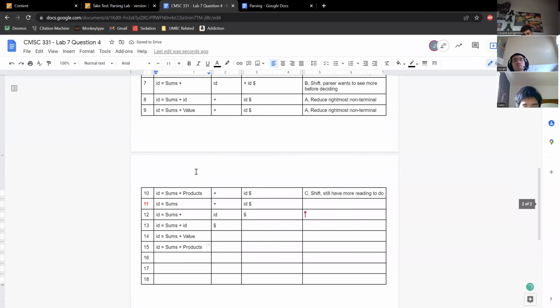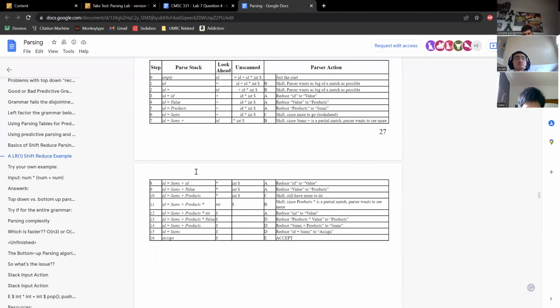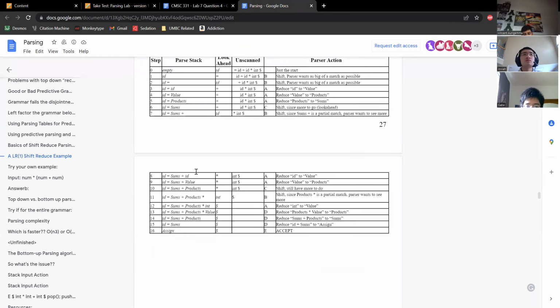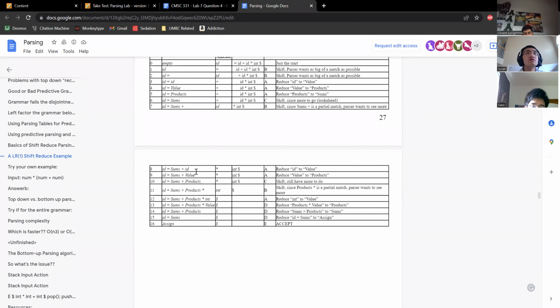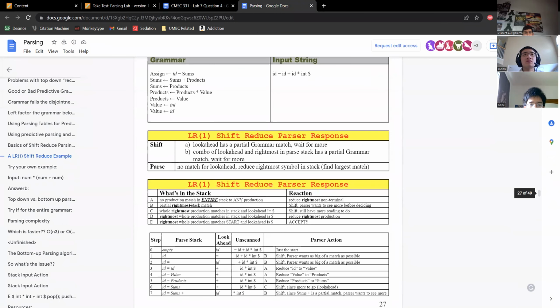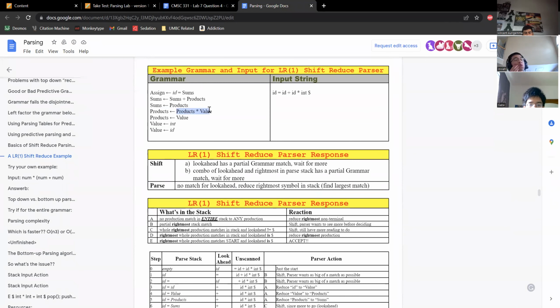Sums plus products turns into sums. And then since we're at this state, we can just turn it to a dollar sign. I think that's actually the default. What do you think about that? Because the reason why, look, they just continued with the line set, they just continue adding the stars because there is products times value,